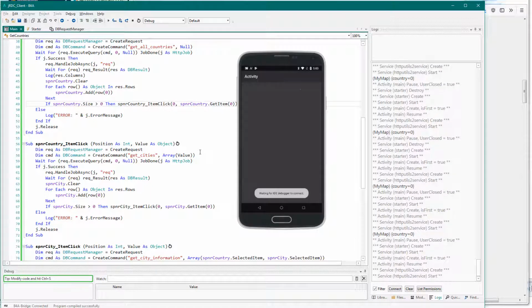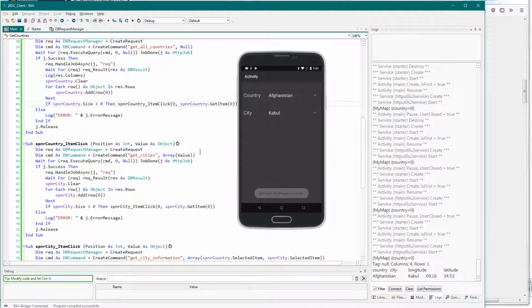Again. Okay, Afghanistan, Kabul, and we can see in the logs there are 4 columns, the column names, and there is